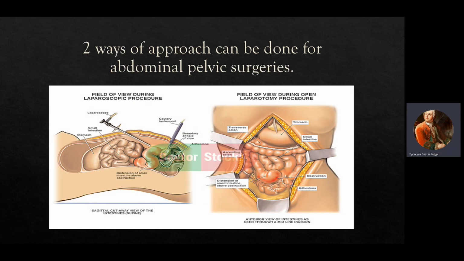A surgeon can choose between two approaches for abdominal and pelvic surgeries: laparoscopic surgery and laparotomy for the abdomen. Laparoscopic surgery is less invasive and decreases bleeding, and laparotomy is direct opening of the abdominal wall muscles and getting into the abdominal organs, which gives a very clear view for the surgeon. Both methods have advantages and disadvantages of their own.